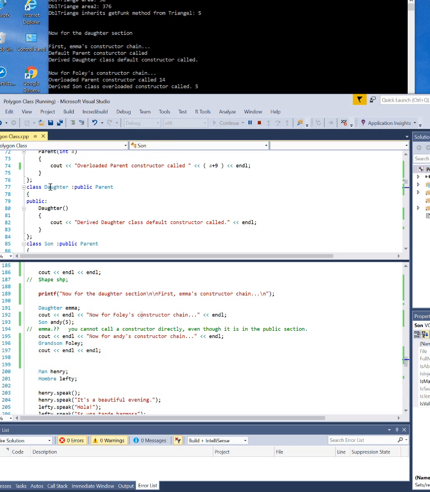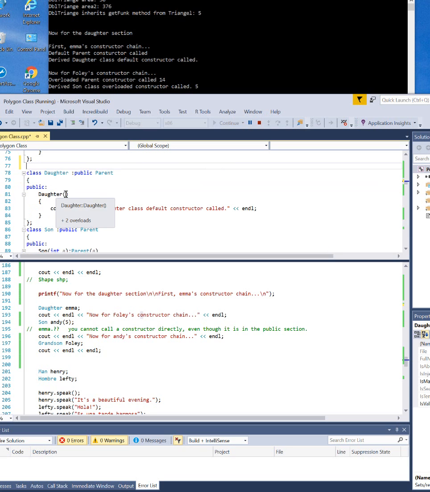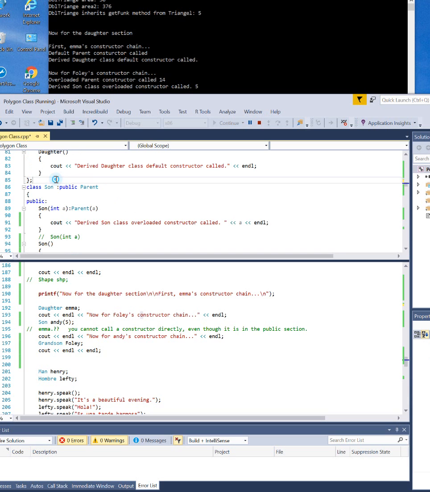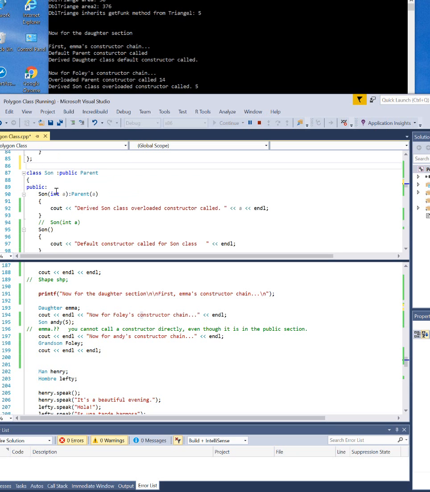Okay, then in the daughter class here, we derive from the parent. The daughter has her default constructor, and basically displays this message. And then we define a son, which is also derived from the parent class, that has a parametric input on it. And you can see that since that is parametric, apparently it calls the derived class and its parametric value too, is what it does. Although I don't think that's necessary,